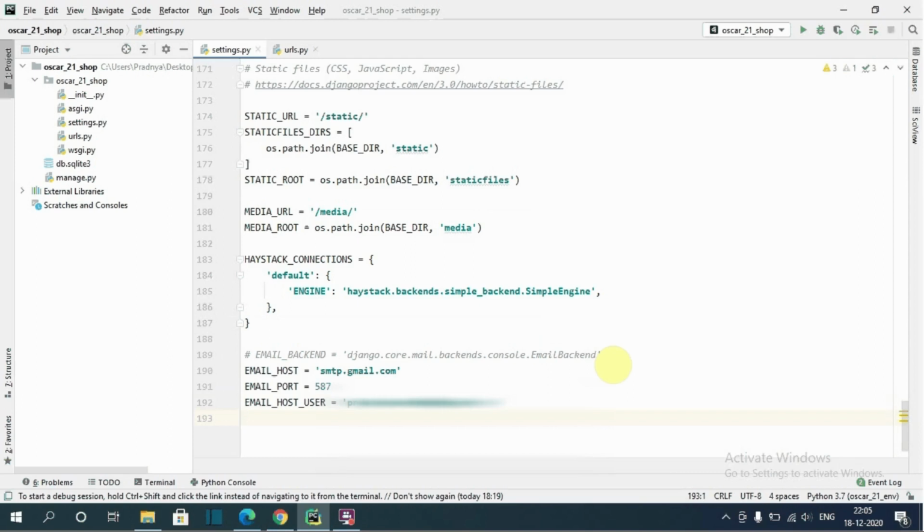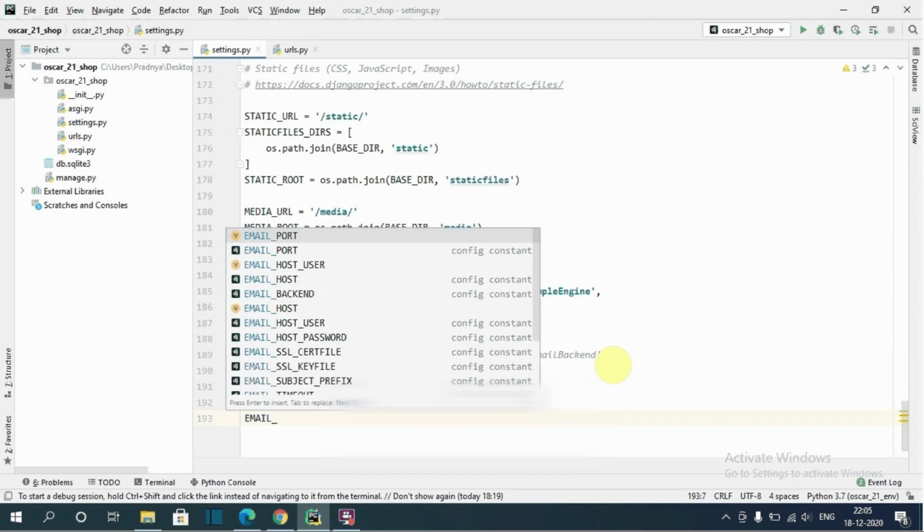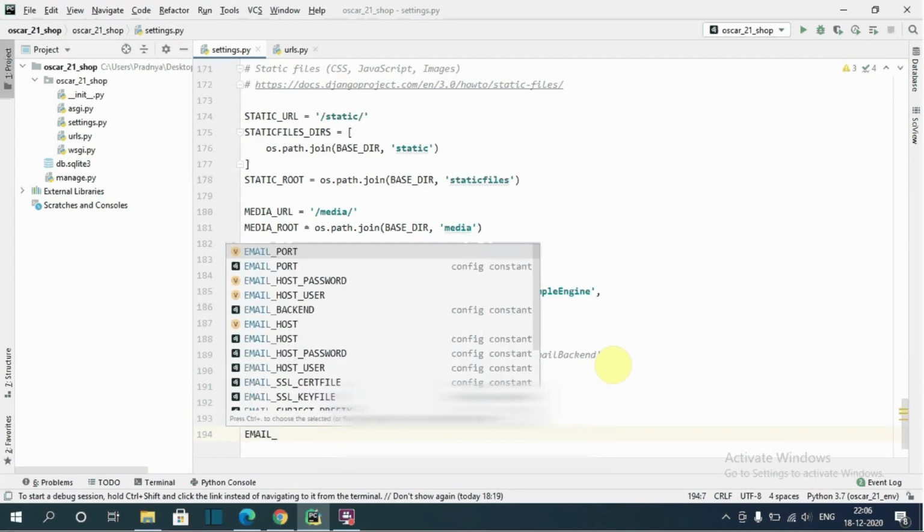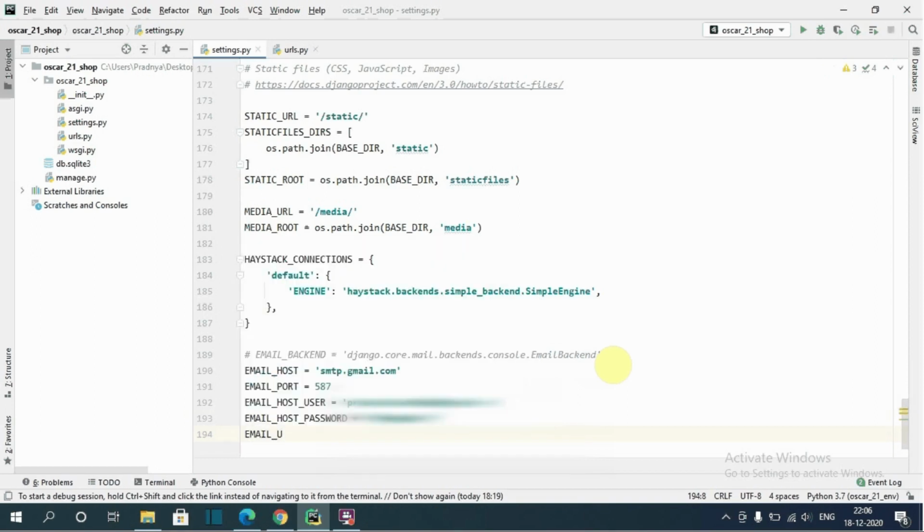Okay, here I will provide the password for the user ID, using email host password equals to in double quotes. Okay, next for email security we need to provide the email use TLS setting. Email use TLS equals to true.